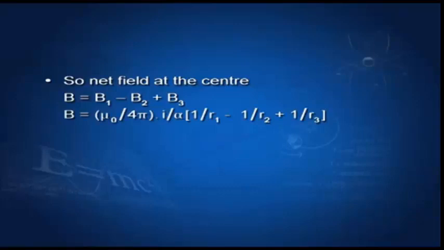As B1 and B2 are in opposite directions, we are subtracting the two fields, and B3 is in the same direction as B1, so we are adding it. That means if the two fields are in the same direction, we will add them, and if a field is in the opposite direction, then we will subtract. So substituting the values of B1, B2 and B3, we get B equals mu naught upon 4 pi, I